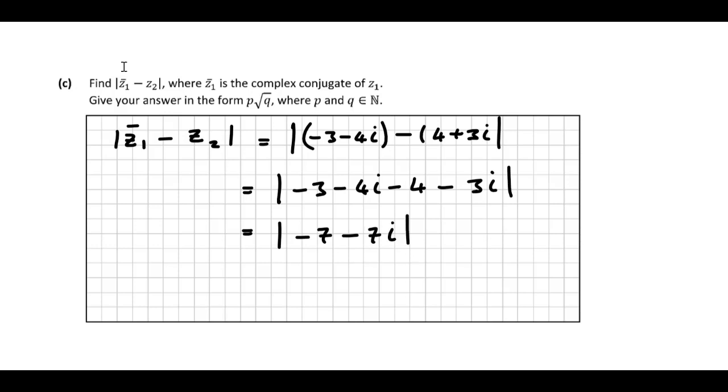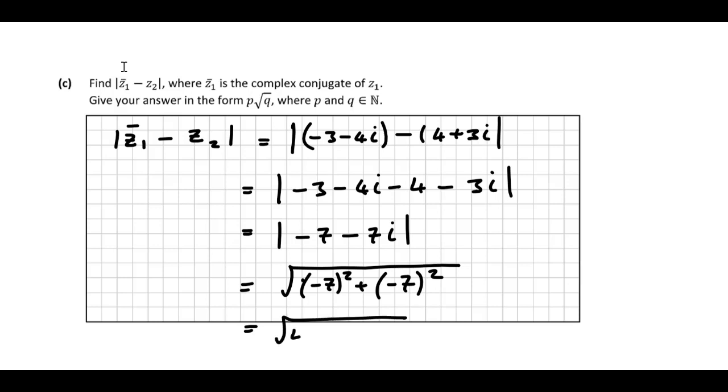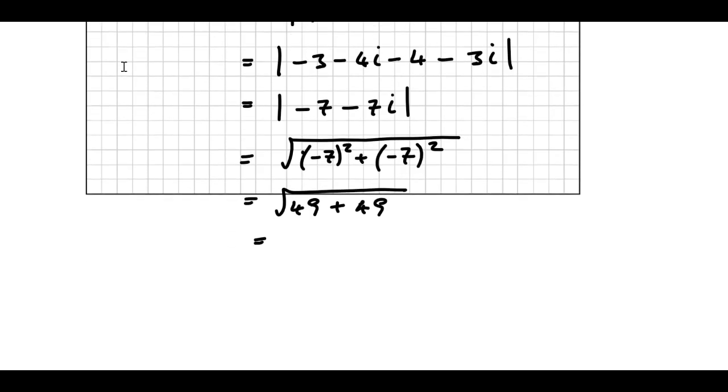So now you've got to do the modulus of this. So the modulus of this is just going to be the square root of a squared, which is minus 7 squared, plus b squared, which is this minus 7 squared here. So minus 7 squared is 49, minus 7 squared is 49, 49 plus 49, so that's going to be